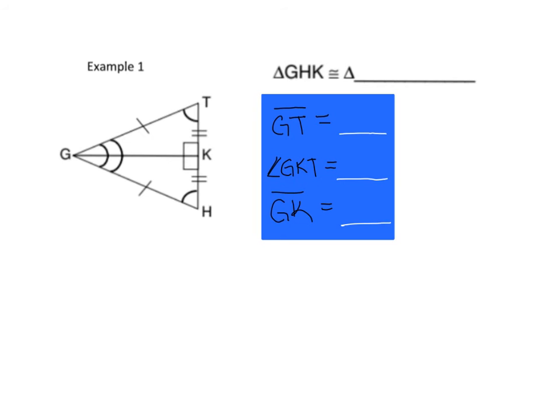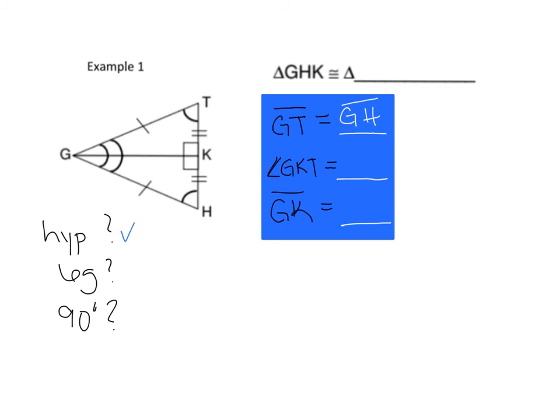All right, so this first example, we're trying to prove hypotenuse leg here. So let's see what we have. GT. So where is GT? Now, first of all, is GT a hypotenuse or a leg? It's across the 90 degrees, so it is a hypotenuse, okay? Because remember, we're looking for 3 things here. The hypotenuse, leg, and a 90 degree, okay? So right now, we do have both hypotenuses marked. GT is congruent to